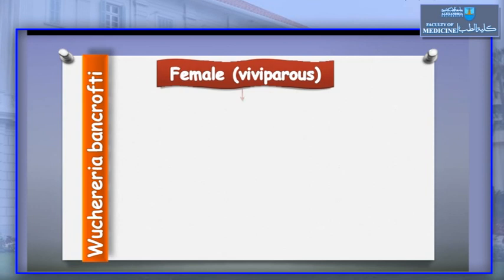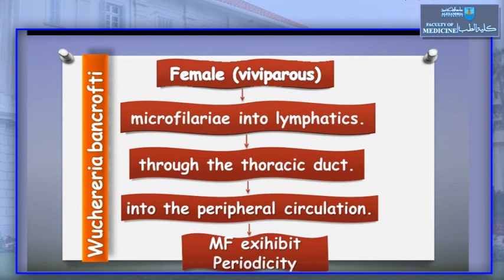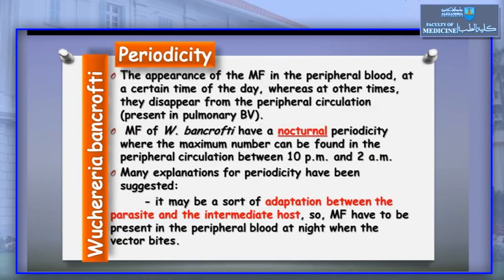The female, which is viviparous, lays the microfilariae into the lymphatics through the thoracic duct. These microfilariae go to the peripheral circulation, and microfilariae in peripheral circulation exhibit what's known as periodicity. Periodicity is the appearance of microfilariae in the peripheral blood at a certain time of the day. This means at other times of the day, microfilariae disappear from the peripheral circulation to be present in the pulmonary blood vessels. Microfilariae of Wuchereria bancrofti have a nocturnal periodicity, so the maximum number of microfilariae can be found in